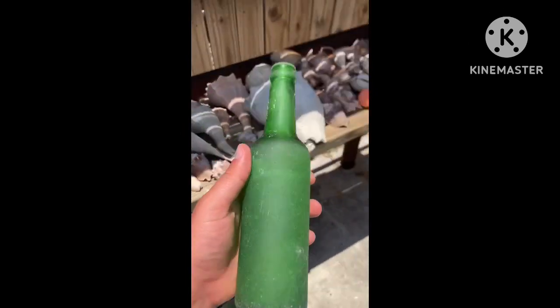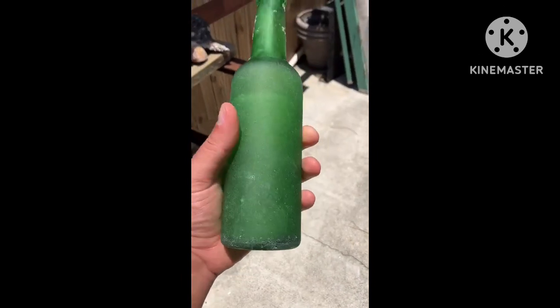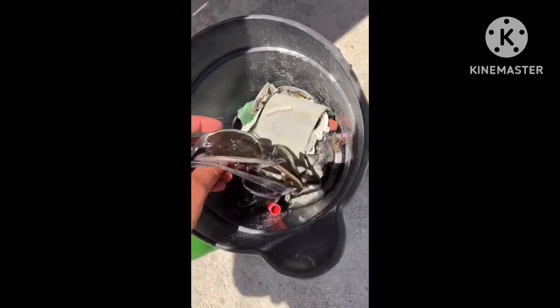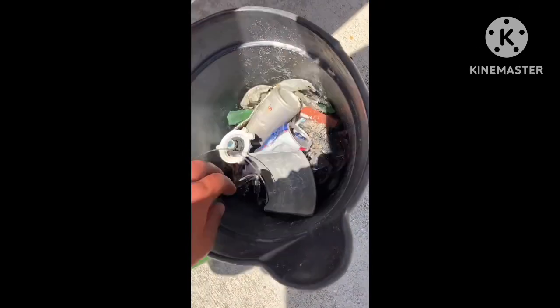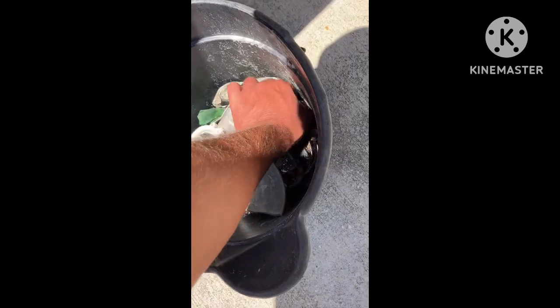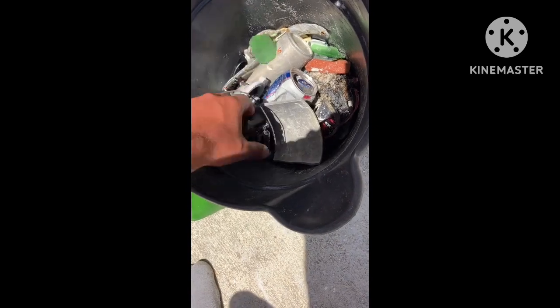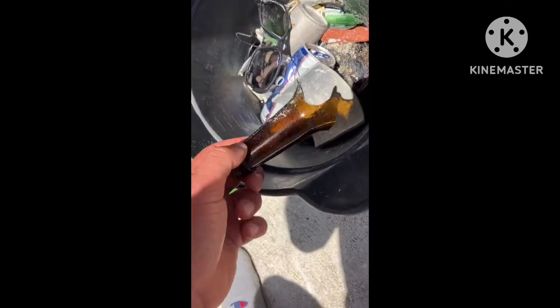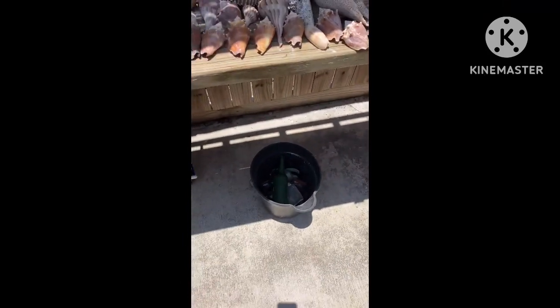And got some trash. I just take out all this trash I come across when I go to the Gulf. Got a green, I think it's a beer bottle. It's not too old. Probably from the 80s or 90s or something like that. Got some pieces of sunglasses, PVC pipe, a couple beer cans, brick, glass. You get all these shards of glass out of the Gulf. Broken piece of a bottle, but it was nice to go out and not find as much trash, because I